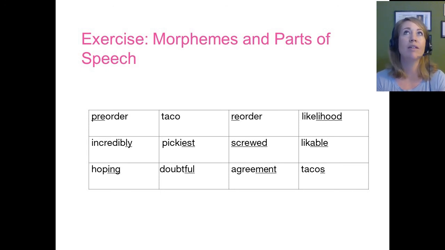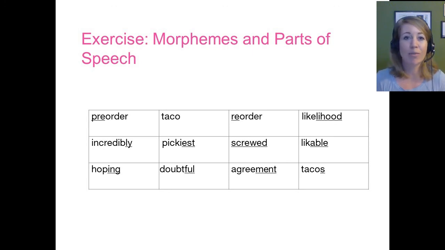Okay, so what part of speech is agree? And this might be where you need to go consult a dictionary. And you did an exercise a little earlier with these words where you might have had to use a dictionary then as well. But you could go to the dictionary and find that agree, in the case of our story, is used as a verb, right? And then again, what does ment do to that word? If agree is a verb, is agreement a verb or is it something else? Well, I told you earlier, agreement is an adjective, right? Or a noun, pardon me. Agreement is a noun.